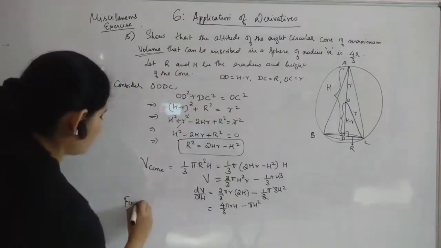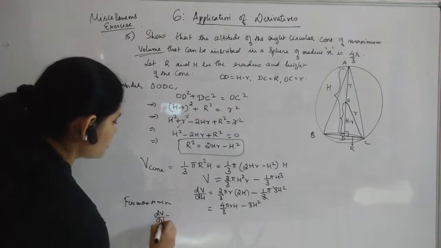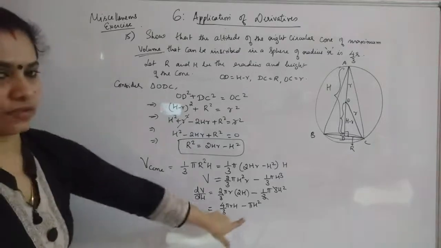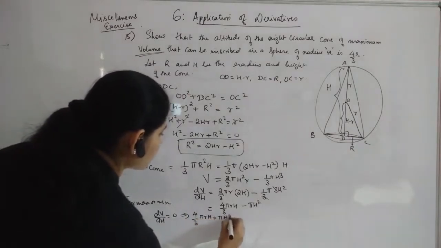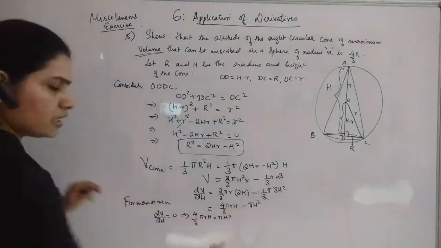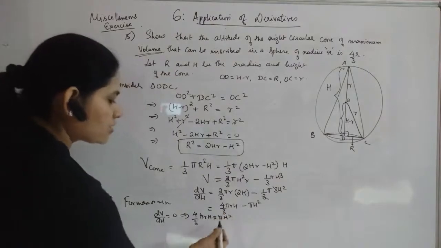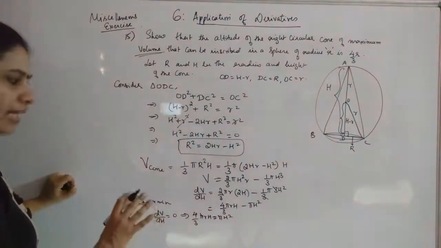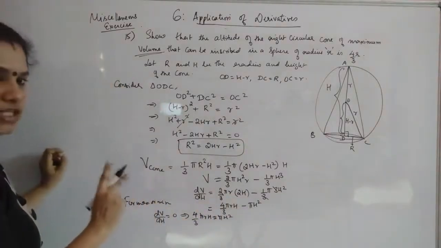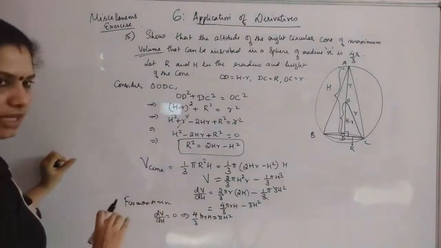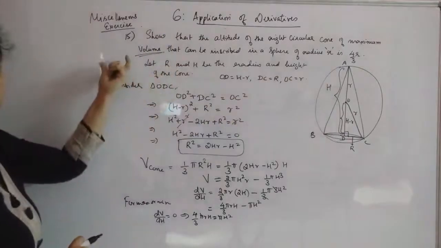So for maxima or minima, you will have dV by dH is equal to 0. So that will give you 4 by 3 pi r H is equal to pi H square, right? Minus equal to 0, it is going there, so that the sign gets cancelled, pi gets cancelled here. H, actually you have 2H here, you should not cancel that. In here you can just take H out as common and say that H has two things, that is H can be either 0 or the other value. But when H is 0, you just see the height will go, that means you will not find any cone there.